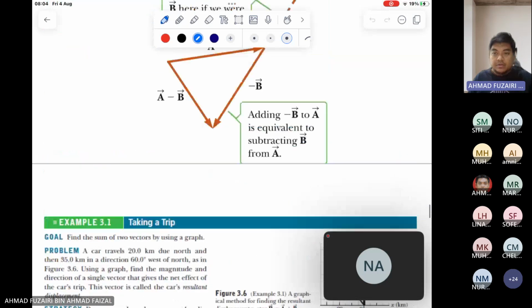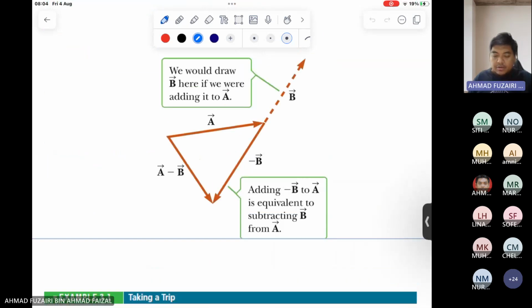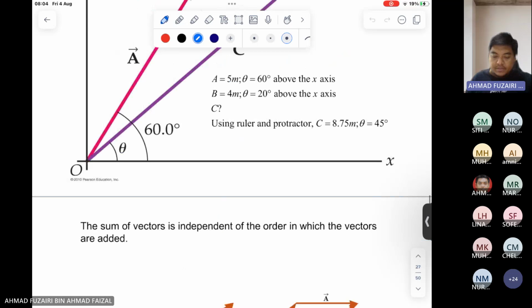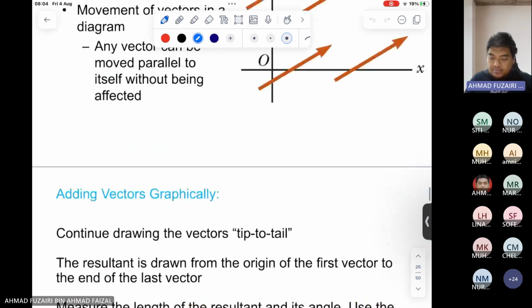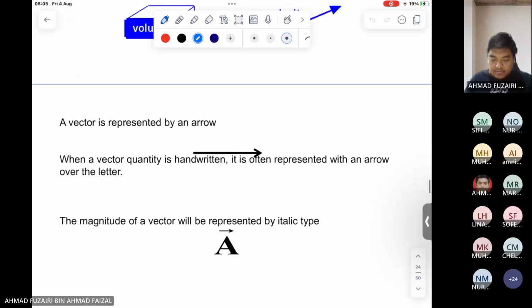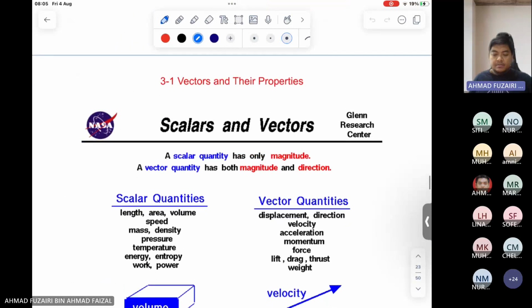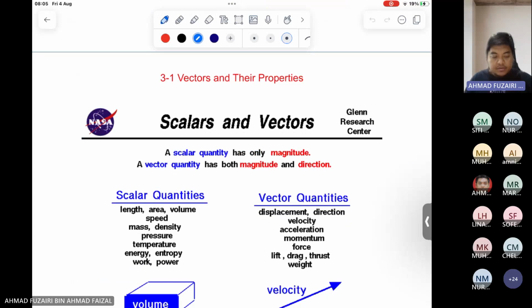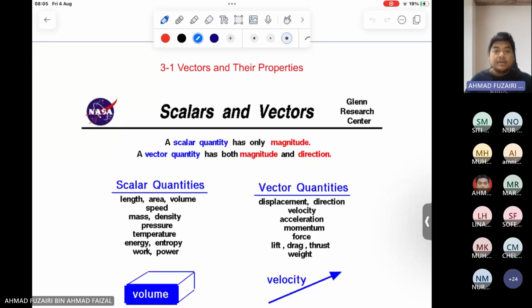Okay, so let's continue our lessons. Next, we will look at the terms of chapter 3. I believe that all of you have looked at chapter 1, so this is chapter 3. Actually, we started chapter 3 yesterday, but I want to recap a few things about vectors and